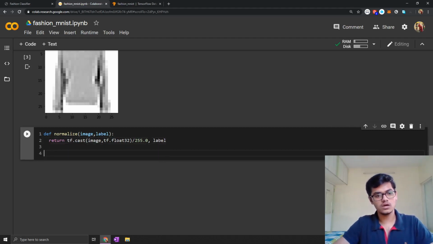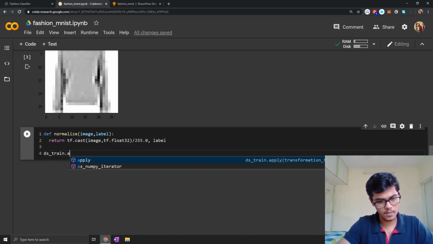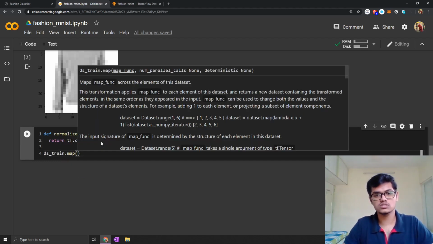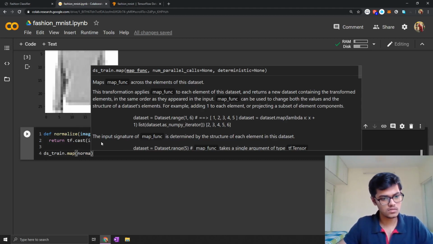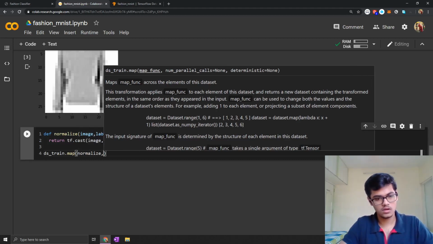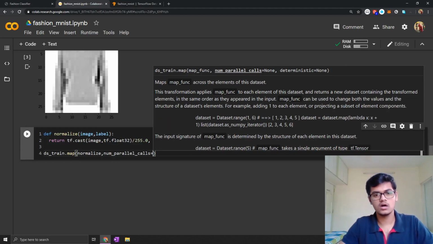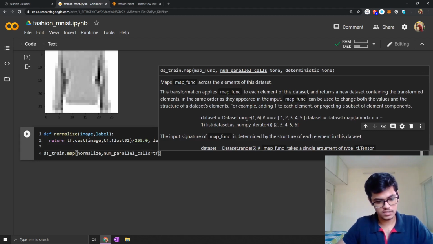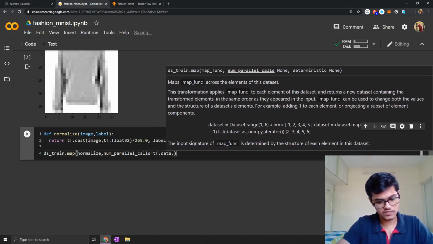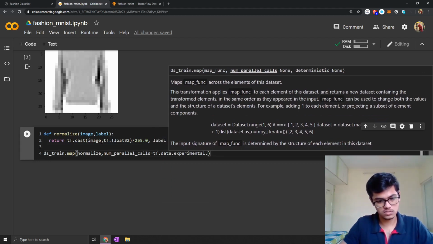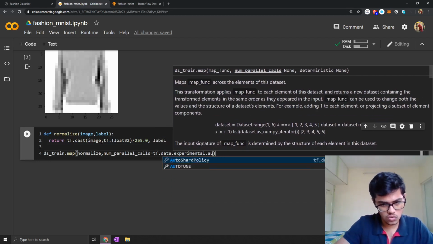So now we will use the inbuilt method on the dataset called map, which will help us apply this function over each object in the dataset. It has a parameter called num_parallel_calls. There is a value in TFDS by which it will automatically determine what the value for this variable should be. It is AUTOTUNE, I suppose.